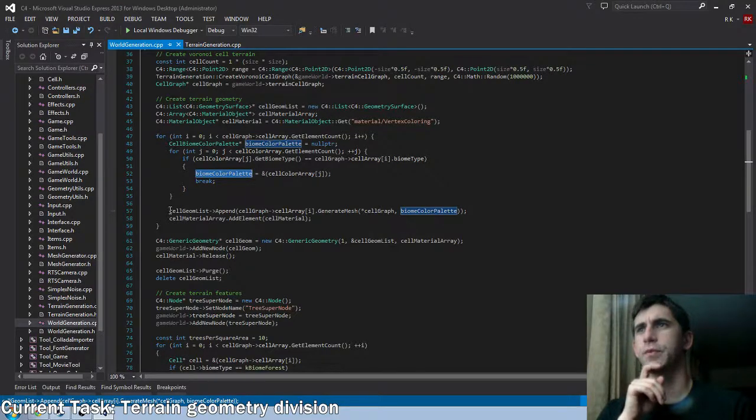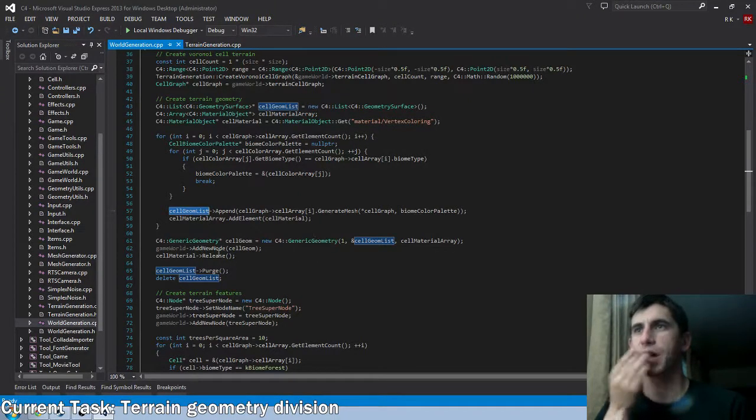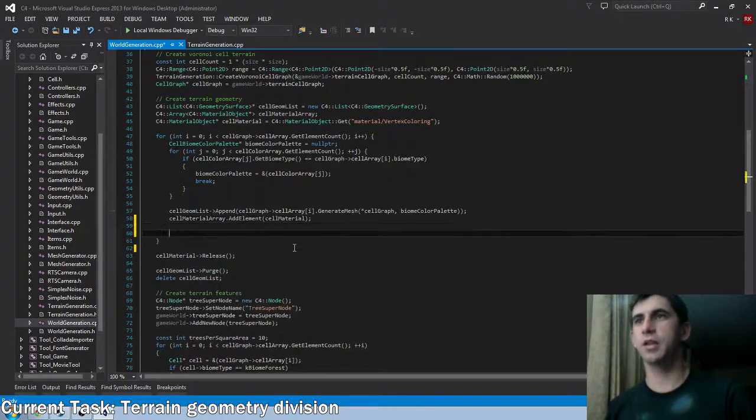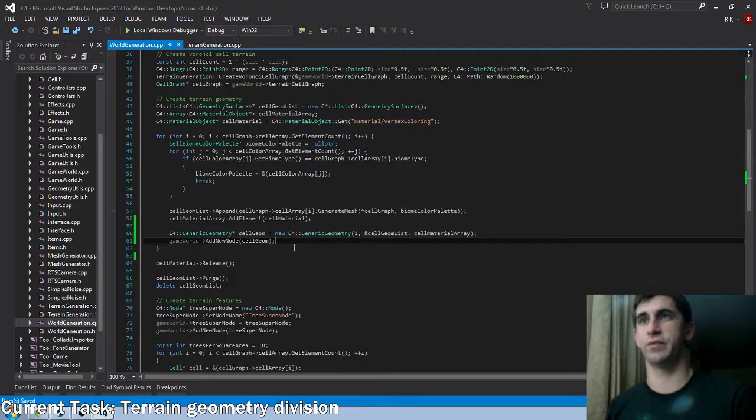Okay. It's been long enough since I've written this code that I kind of have to re-engage myself with some of it and recall what the heck I was doing way back when. Okay, so this cell geometry list, we only want to be one cell at a time. And then we just want to generate a ton of generic geometry objects. So this somehow needs to move inside of this for loop,